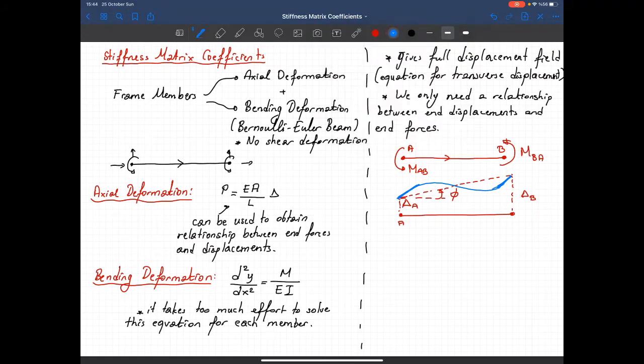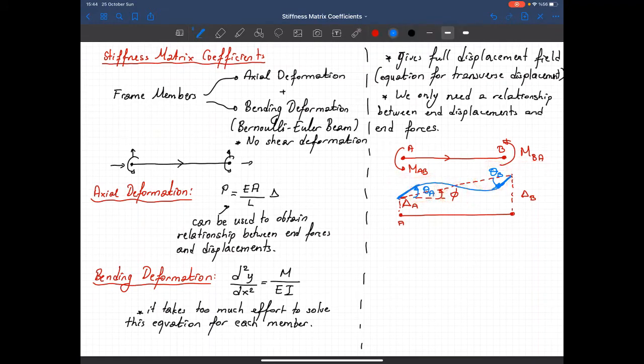This rotation is theta A, and that rotation is theta B. So with these end forces MAB and MBA, if I have a deformed shape like this, I can use this equation and determine a relationship between the end moments and